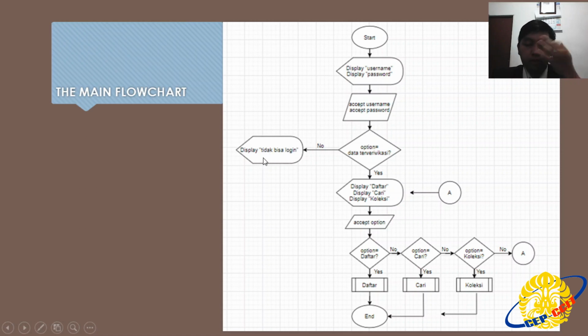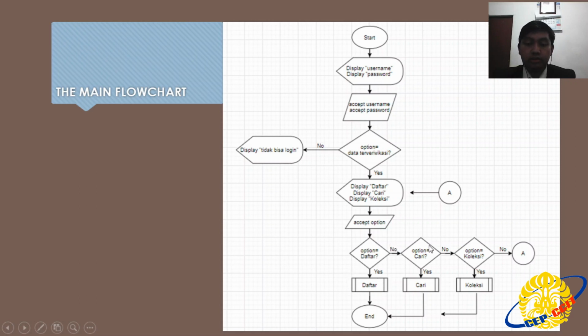So we have to sign up to enter the system, and then if yes, it's going to display daftar, cari, and koleksi. And then we have to choose one from those three. Then it's going to accept the option, and if option equals daftar, if yes, it's going to run the daftar process and then end.